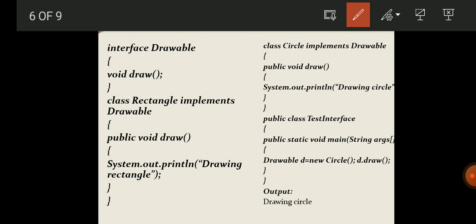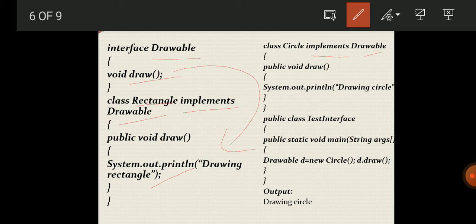Next, this is another program. See, another interface program: interface Drawable, and here we are using only the method draw(). The class Rectangle implements Drawable, so the definition for the method void draw() is available here, drawing rectangle. Next, class Circle implements Drawable.